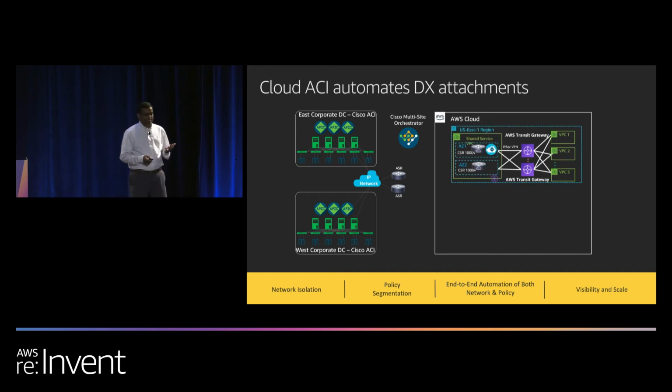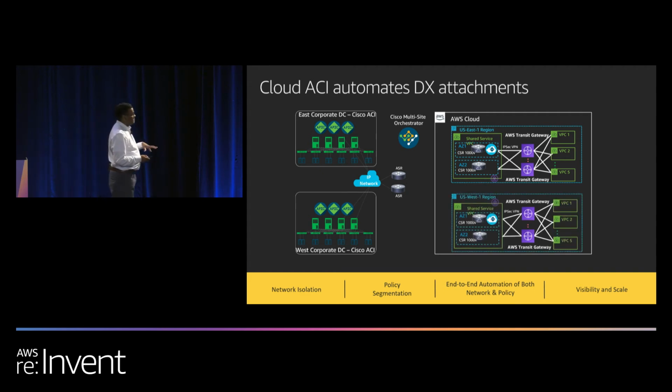Now in the TGW case, we'll take care of all the core components. So we will do the attachment, whether it's a VPC attachment, Direct Connect attachment, or VPN attachment. We will do the association as well, and we will take care of propagation to make sure that all routes are completely in sync. Once we have done those creations and propagations, we will also do the Direct Connect gateway cross-connected to on-premises in this case.